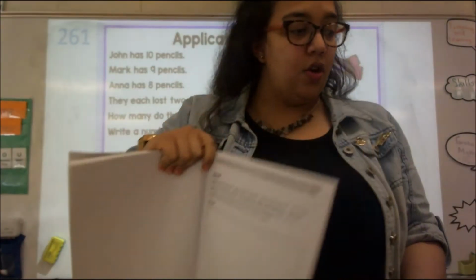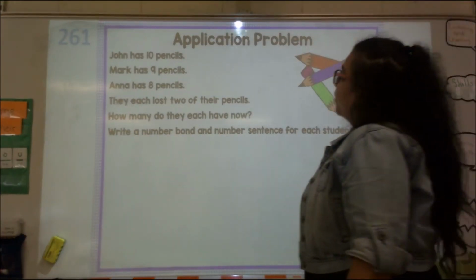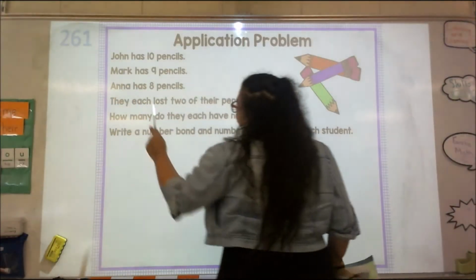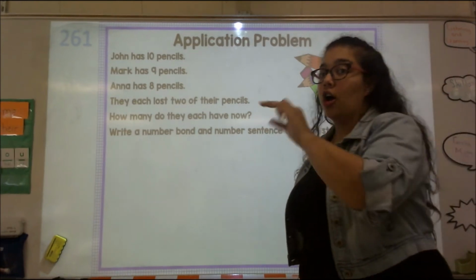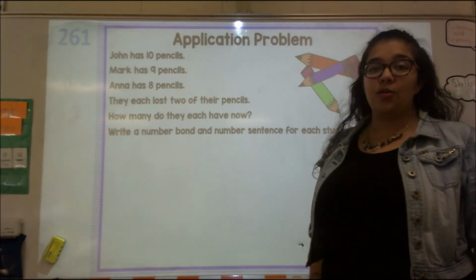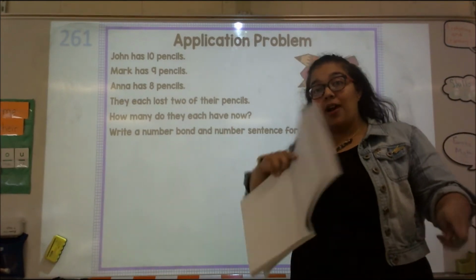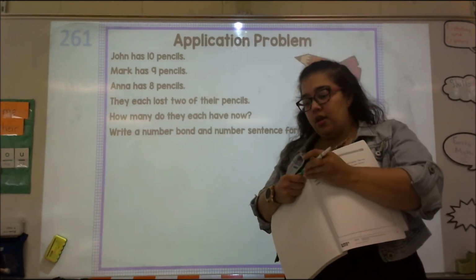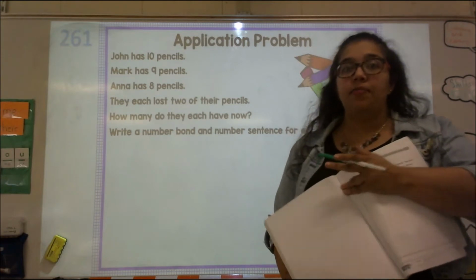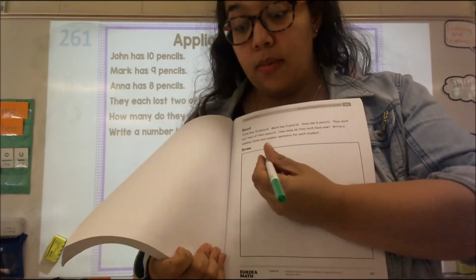All right, so we have identified that we were talking about John, Mark, and Anna, and they each lost. So if you lose something, it's what? It's gone. It's taken away. So we are subtracting. I'll give you that much information. Let's set up for our 3 people with 3 number bonds, and then you're going to try it on your own. So our first number bond,